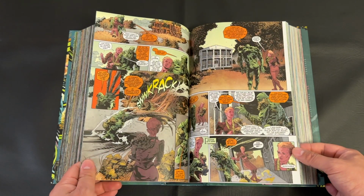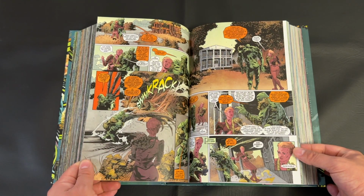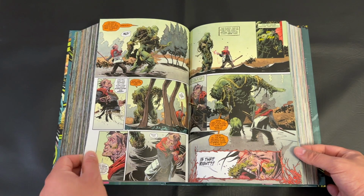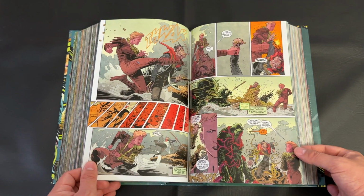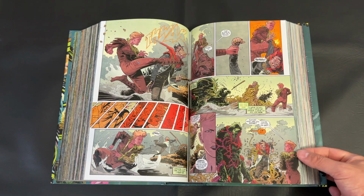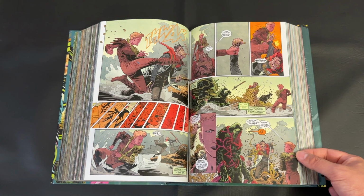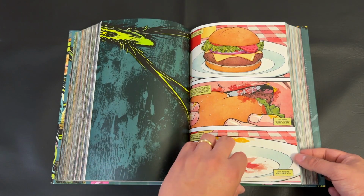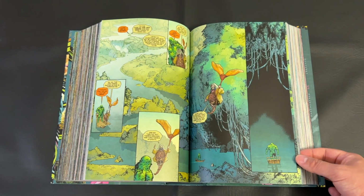This was one personally as well. I was reading these issues when they first came out in collected edition, roughly. I read the first maybe trade paperback or two, so the first maybe dozen issues, give or take. This was a run I always wanted to go back to, especially as I grew as a Swamp Thing fan, as a Scott Snyder fan, and eventually a Charles Soule fan, but I never quite made my way back to